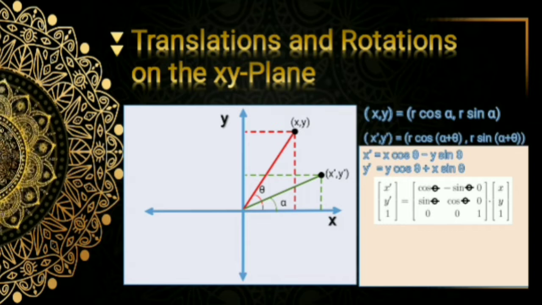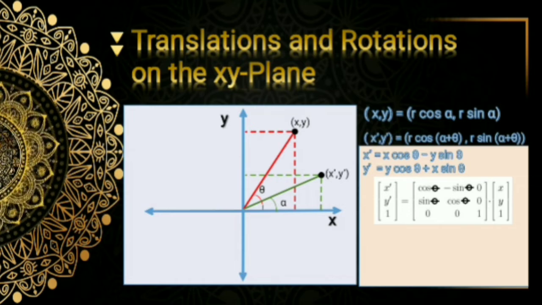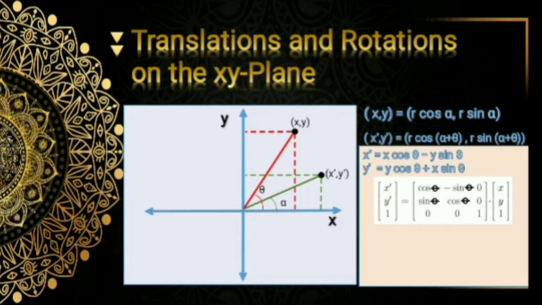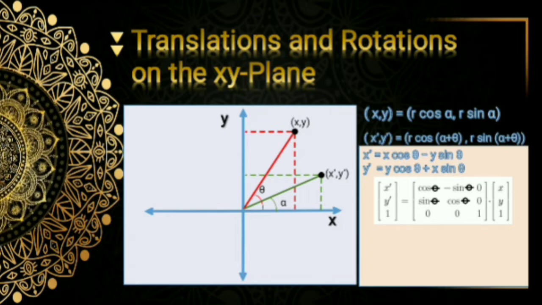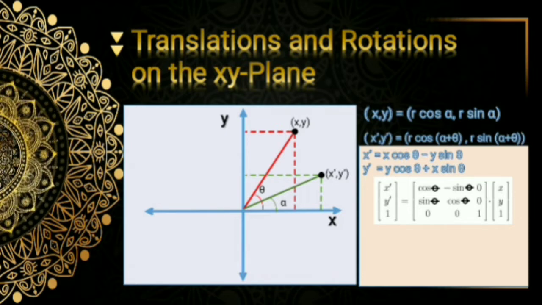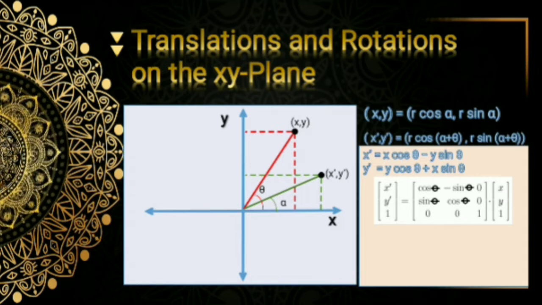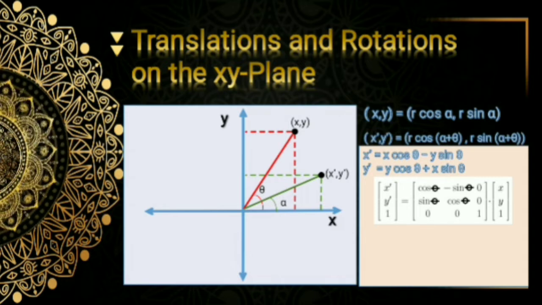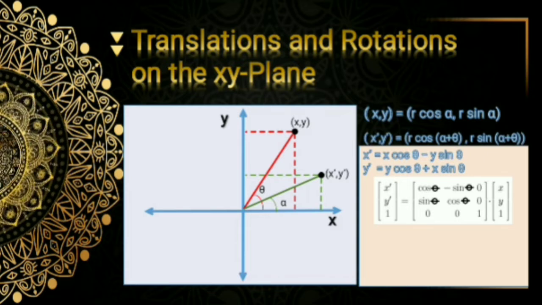And lastly, we have column 1 and column 2, row 3 having 0 on both because, as you can notice in our third element, there is only one constant, which is 1, and no x and y equivalent. Thus, we put 1 on the third column, row 3. Then we multiply this by our first element x, second element y, and our third element 1. Hence, the matrix which rotates a point by an angle of theta counterclockwise is cos theta, negative sin theta, and so on. And if it is rotated by an angle theta clockwise, we will have x equals r cos alpha